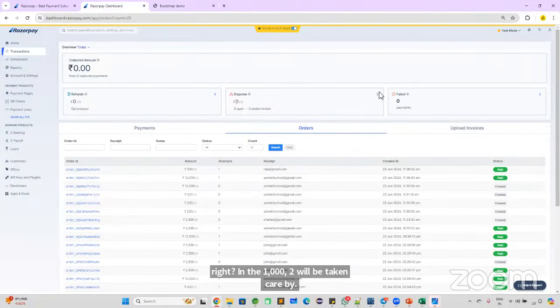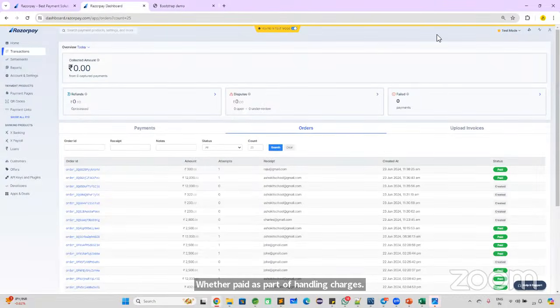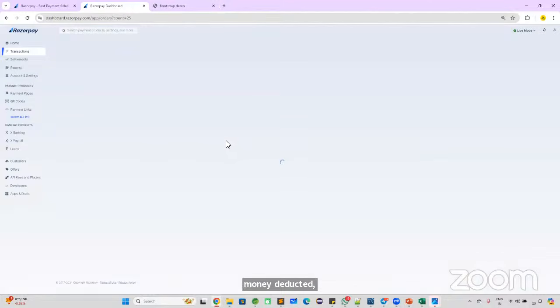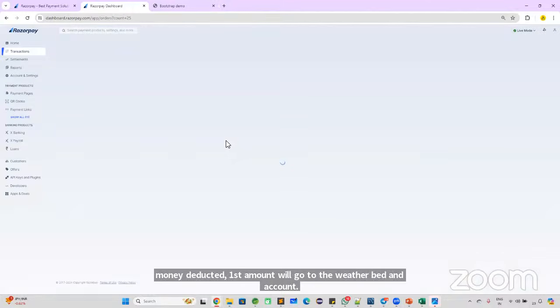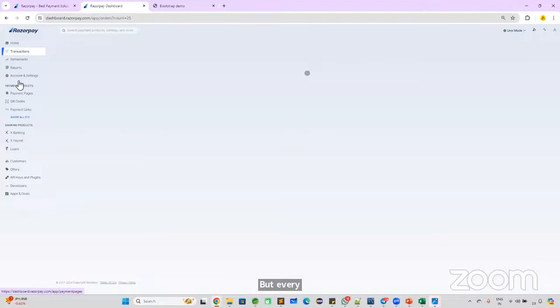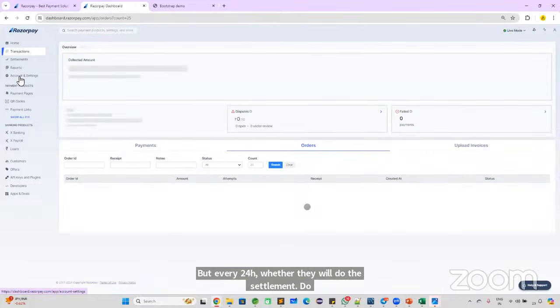Under Razorpay, if we configure the real keys... now I configured the test keys, right? If you go to the live mode, my live keys will be available. If I configure the live keys, then the real money will be deducted. Once the real money is deducted, first the amount will go to the Razorpay bank account. Every 24 hours, Razorpay will do the settlement. You will configure your bank account in Razorpay, right? So every 24 hours, they will do the settlement and they will send the